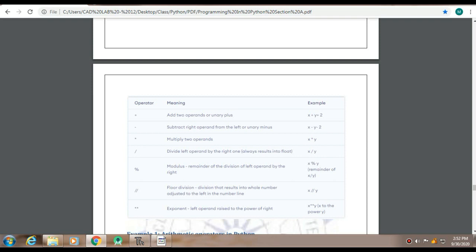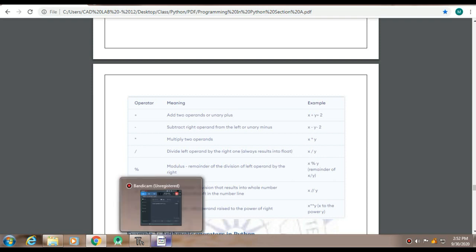Suppose we are dividing 3 by 2 and we know that we'll get the answer 1.5, but floor division will give you the output as 1 only. Moving to the next, we have the double multiplication. Whatever is written at the right hand side becomes the power of the variable which is written at the left hand side.